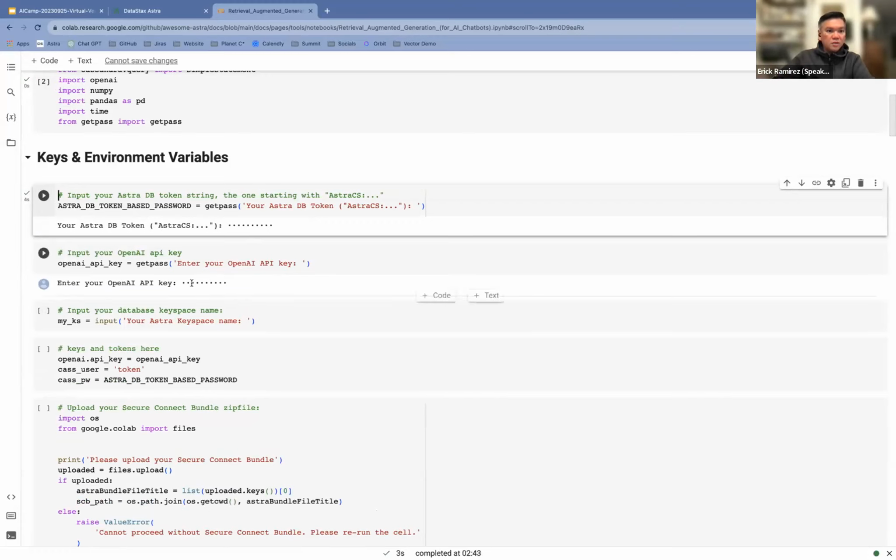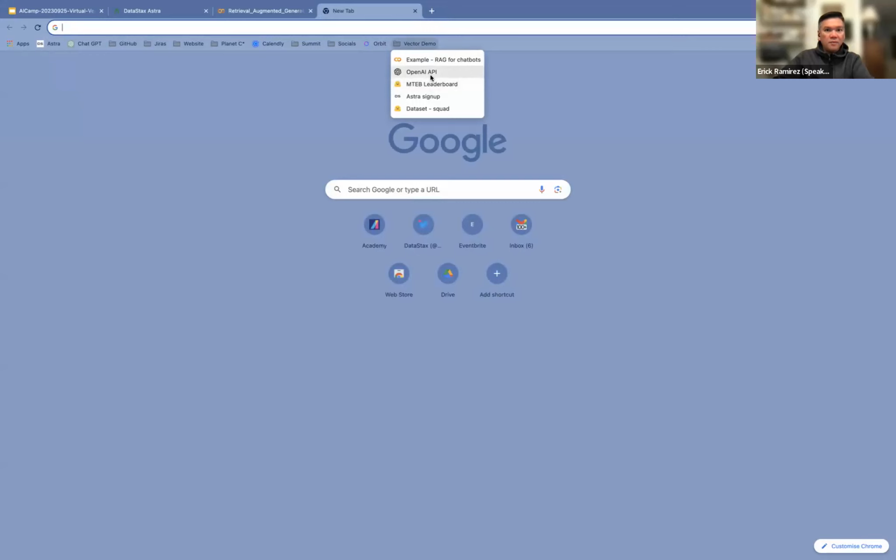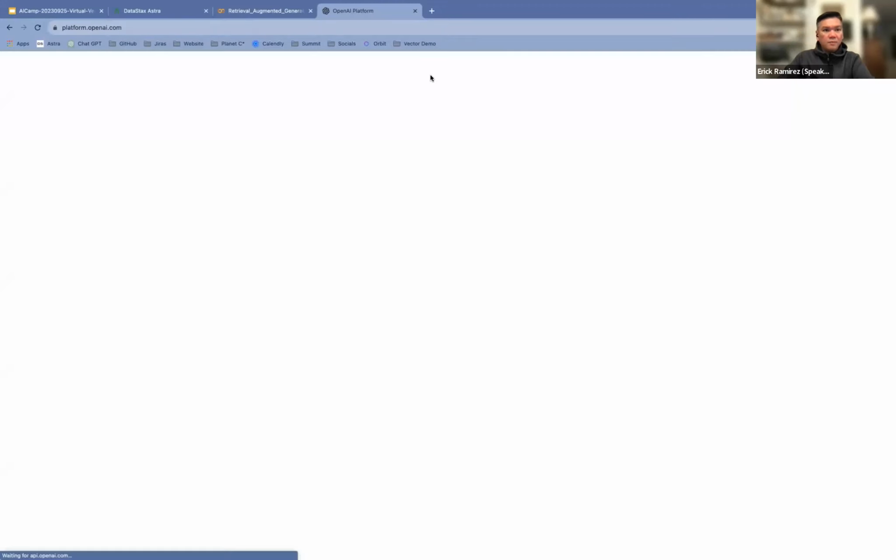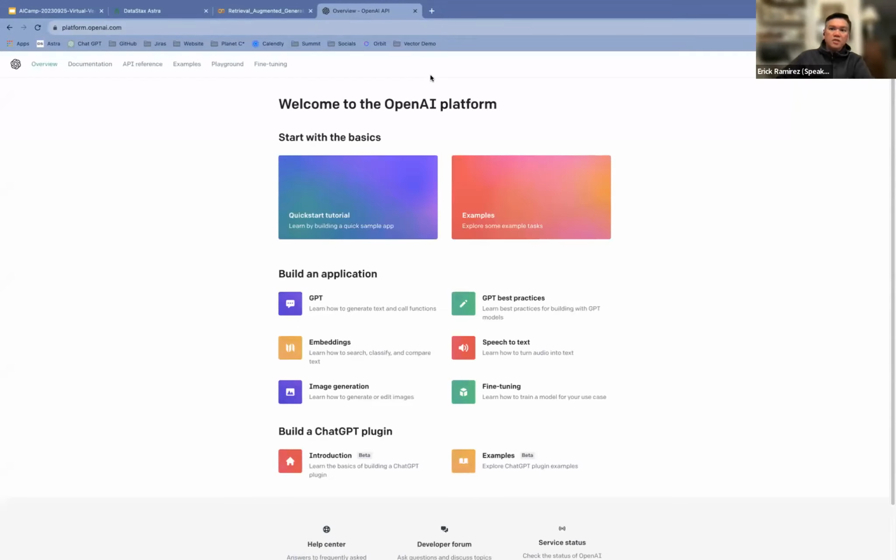One thing I didn't show you is the OpenAI platform. I've got an OpenAI account. I'm hoping the rest of you have used ChatGPT, which means you would have had an OpenAI account.